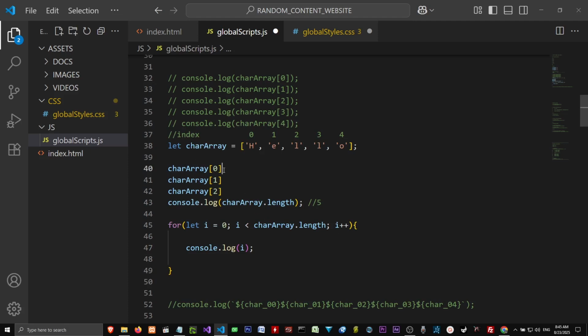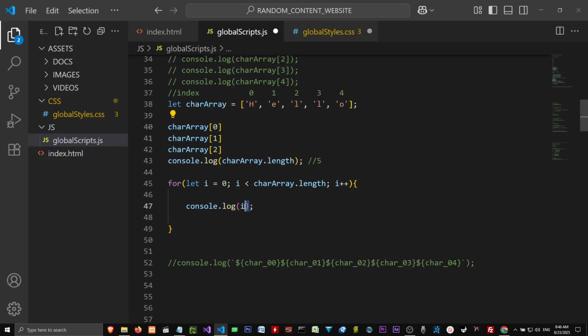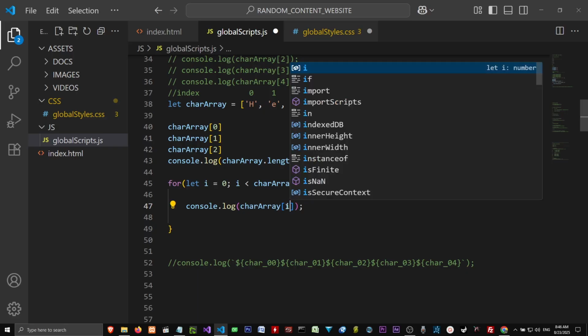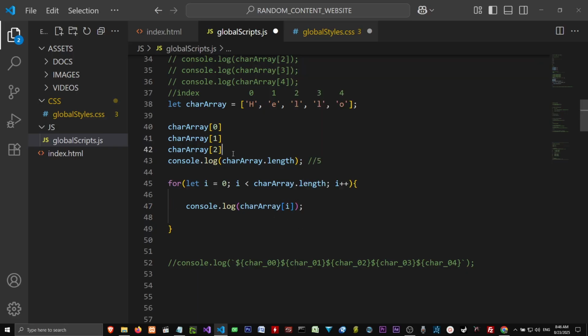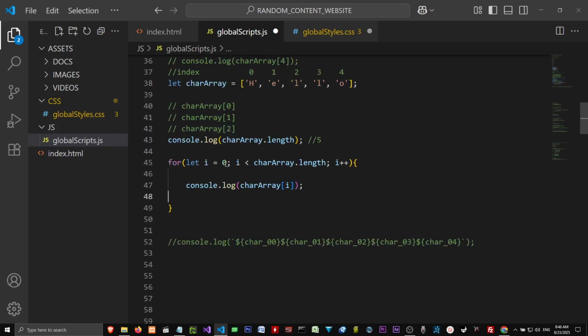And we're going to use this syntax, but instead of using 0, 1, 2, 3, 4, we're going to come in here. We'll paste, we'll come in here and we'll replace the i with the char array, and we're going to put i inside of the square braces here. So what's going to happen is as this thing loops through, the